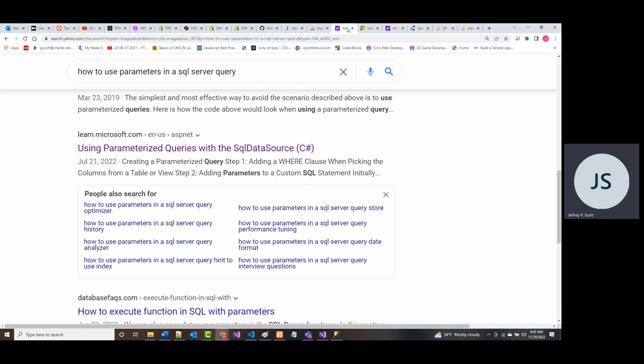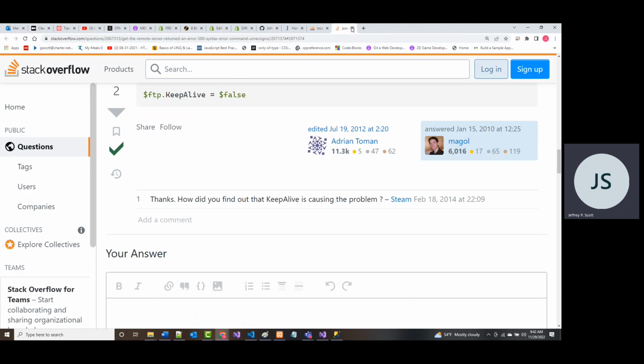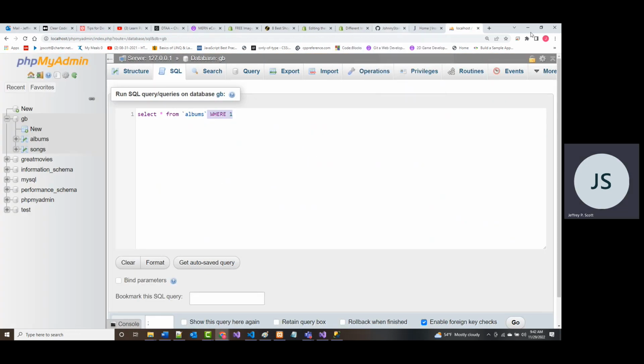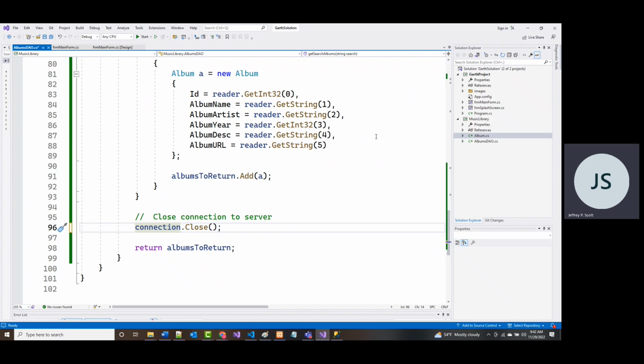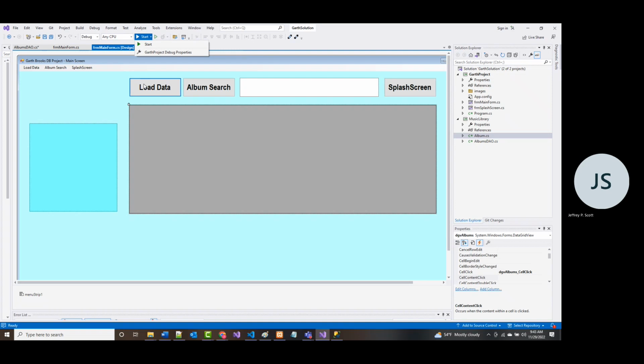Let me close a bunch of this that I've got open, just because there's a ton of stuff open right now. All right. But I'm wondering when we are going in here, because I just thought of a possible way to fix this, but I don't know if it'll work or not. So let me run this.